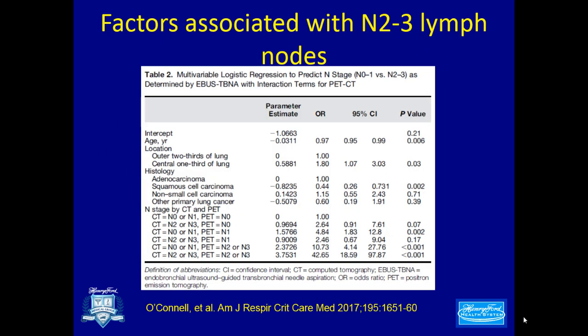This is a multivariable regression study to predict the end stage that we were involved in, with 700 patients. We tried to find factors associated with the presence of N2 or N3 lymph nodes. One was patients who had a centrally located lesion or nodule. If the patient had histology of adenocarcinoma, then it's very likely for you to find an N2 or N3 lymph node. Or if the patient had a PET scan that showed an N2 or N3 lymph node,